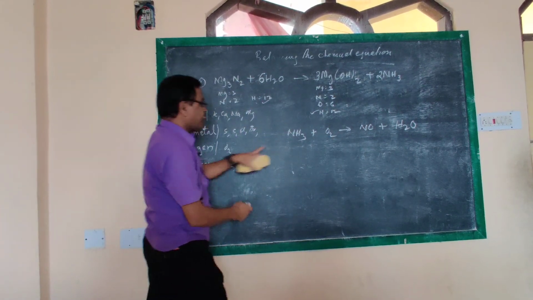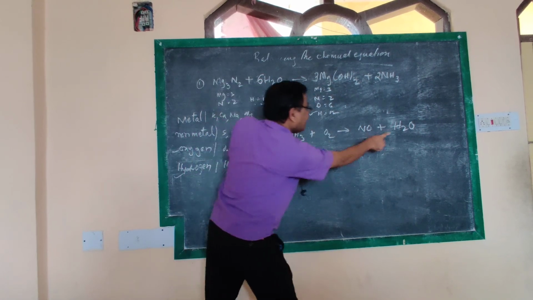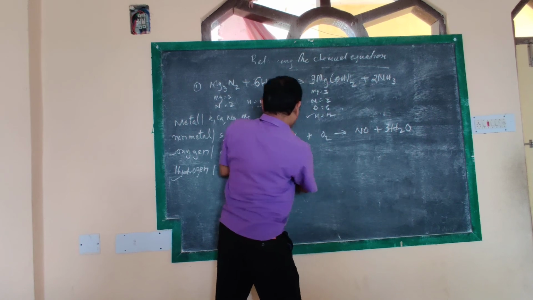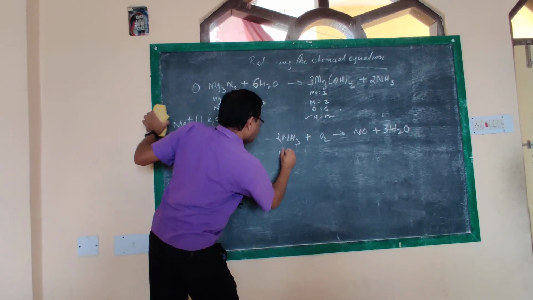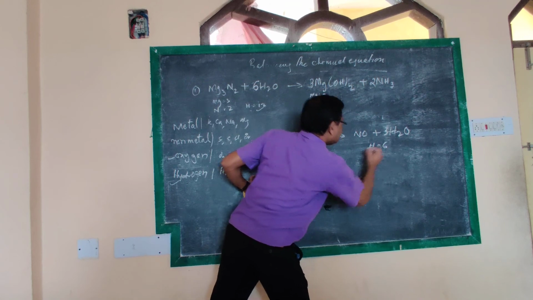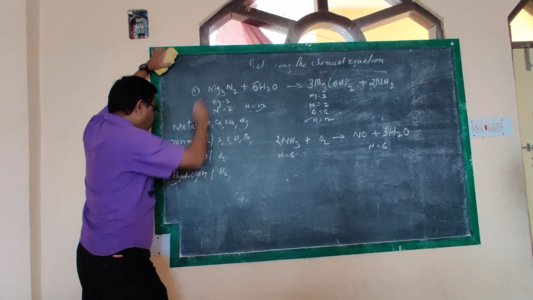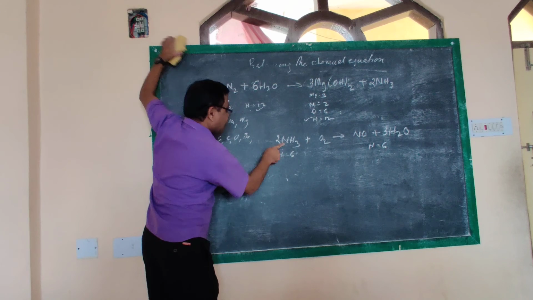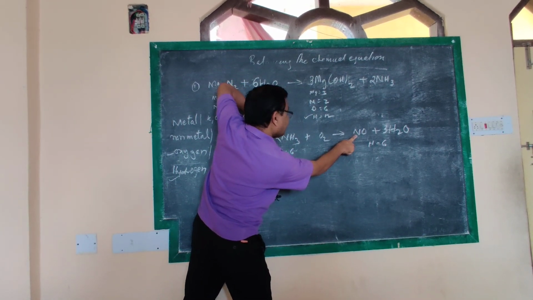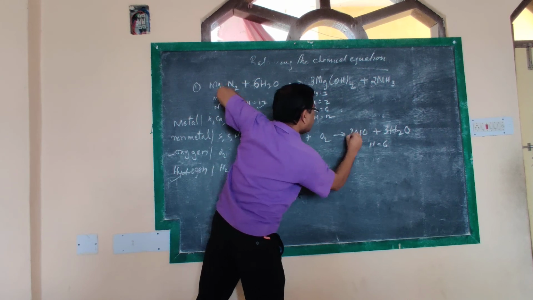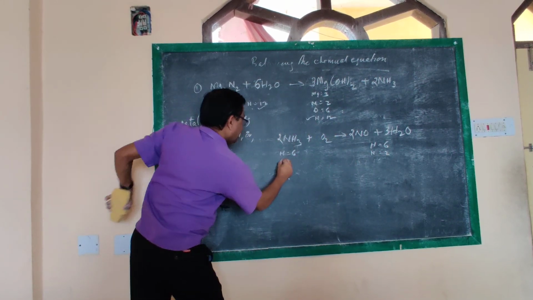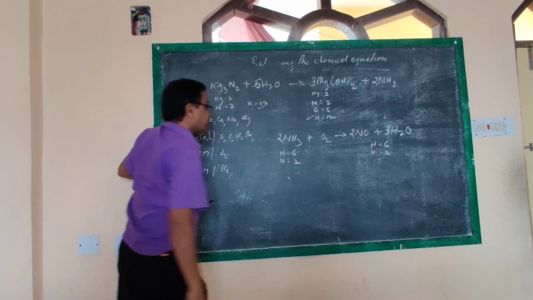So nitrogen is balanced, oxygen is balanced. Then we will take hydrogen. Hydrogen how much? 3 we have, here we have 2. So we will make it 3 here and we will make it 2 here. So hydrogen how much is it here? 6. Here it is how much? Hydrogen is equal to 6. Now again go to the non-metal side. Nitrogen is how much here? Only 1. So what we will do? We will make it 2 here. So nitrogen is 2 here. Nitrogen is also 2 here.